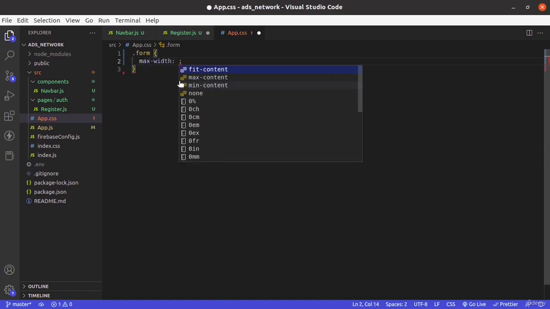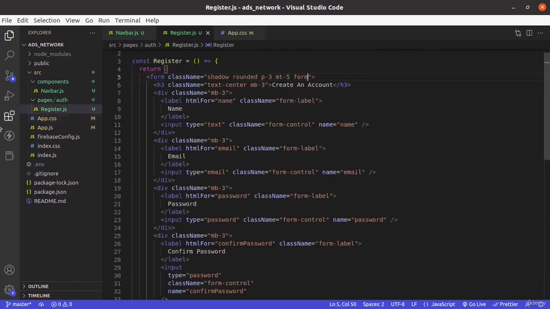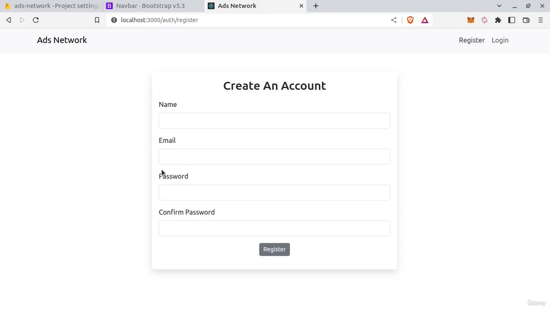So max width 576 pixel and margin auto. Alright,